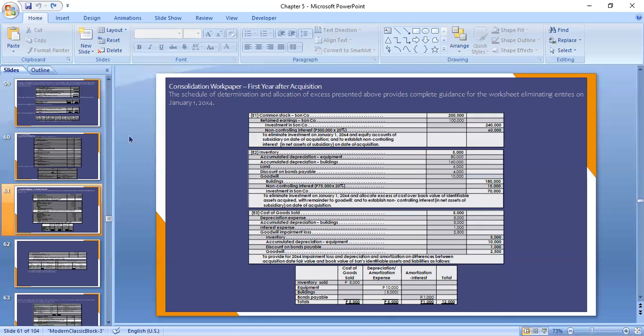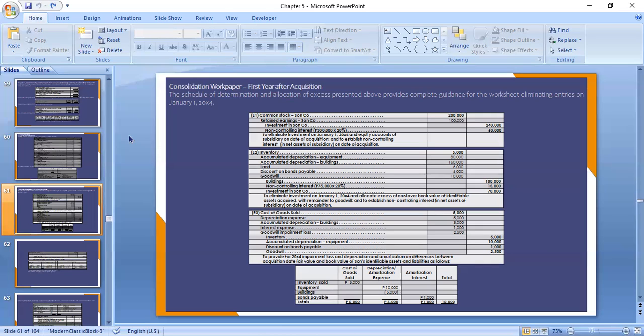So we debit to cost of goods sold, depreciation, accumulated depreciation of building, interest expense, a goodwill impairment loss, credit to inventory, accumulated depreciation of